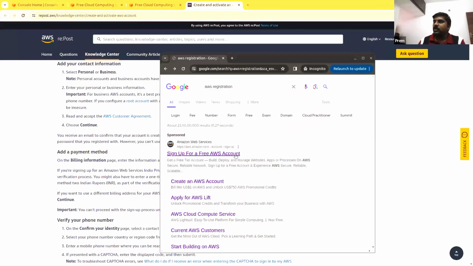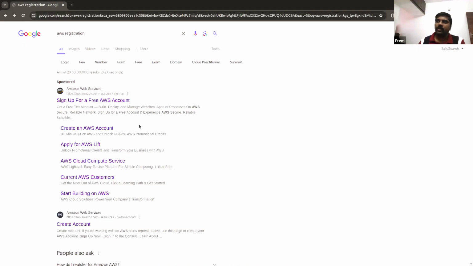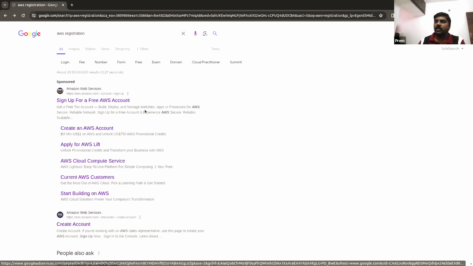So I will start my screen share. Today we are going to get into AWS completely. From today, everything is going to be AWS. So first we need to register for Amazon Web Services, and we need to sign up for an account. An account is nothing but like signing up for your Gmail account, or any platform you sign up for. The same way you will have to do it for AWS as well.